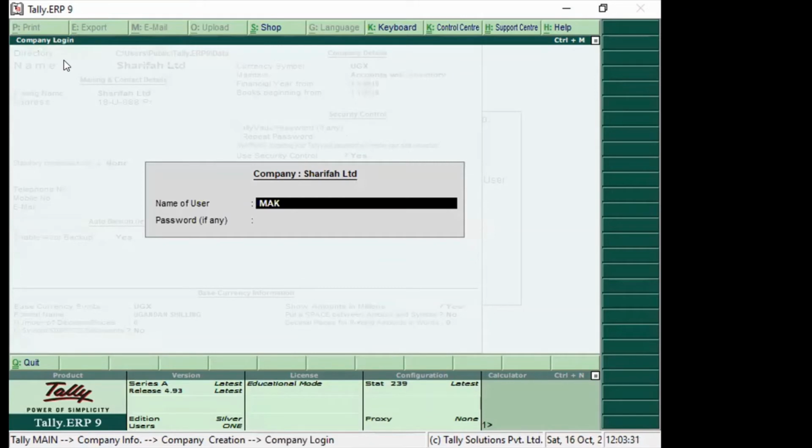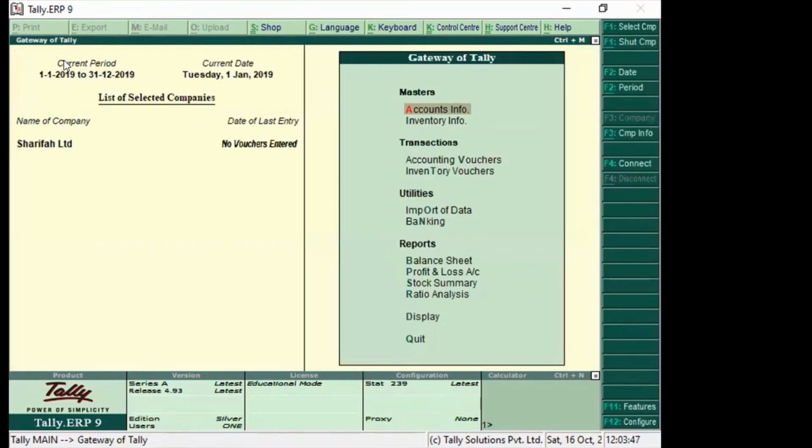So when you create, it will take you back to Sharifa Limited, and you must remember your logins. The login was Sharifa. No. Same. And then, how do you know? Sorry. That one is what? The company Sharifa Limited.